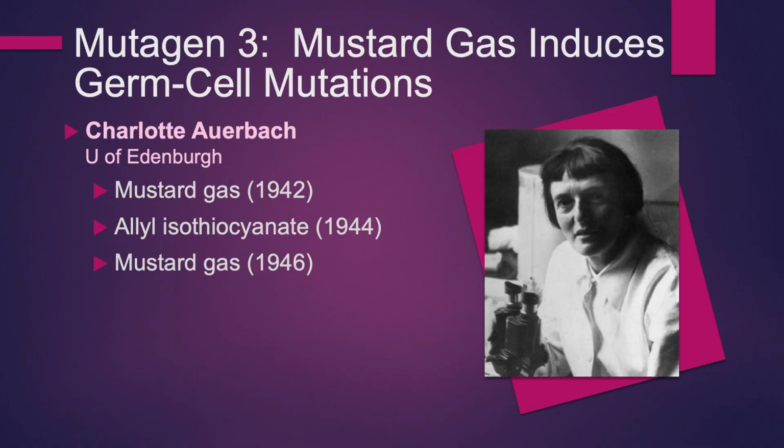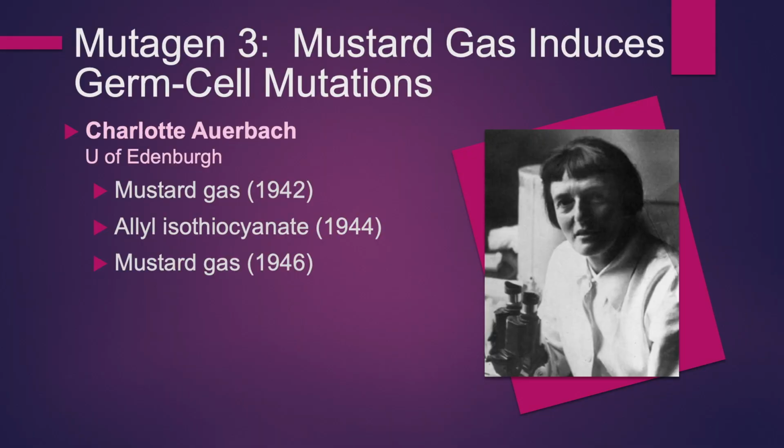She, of course, discovered that mustard gas was a germ-cell mutagen in Drosophila during World War II, but because of the war, she couldn't publish it, so she made a report to the British government in 1942. Ironically, the first published chemical mutagen, which was done by her, was published in 1944, and guess what? It's an environmental mutagen. It was allyl isothiocyanate, which is a natural component of cruciferous vegetables. It's in broccoli, cauliflower, Brussels sprouts. You've eaten it all your life. And so that actually was the first chemical mutagen published in the open literature. And of course, after the war in 1946, she finally published the mustard gas work.